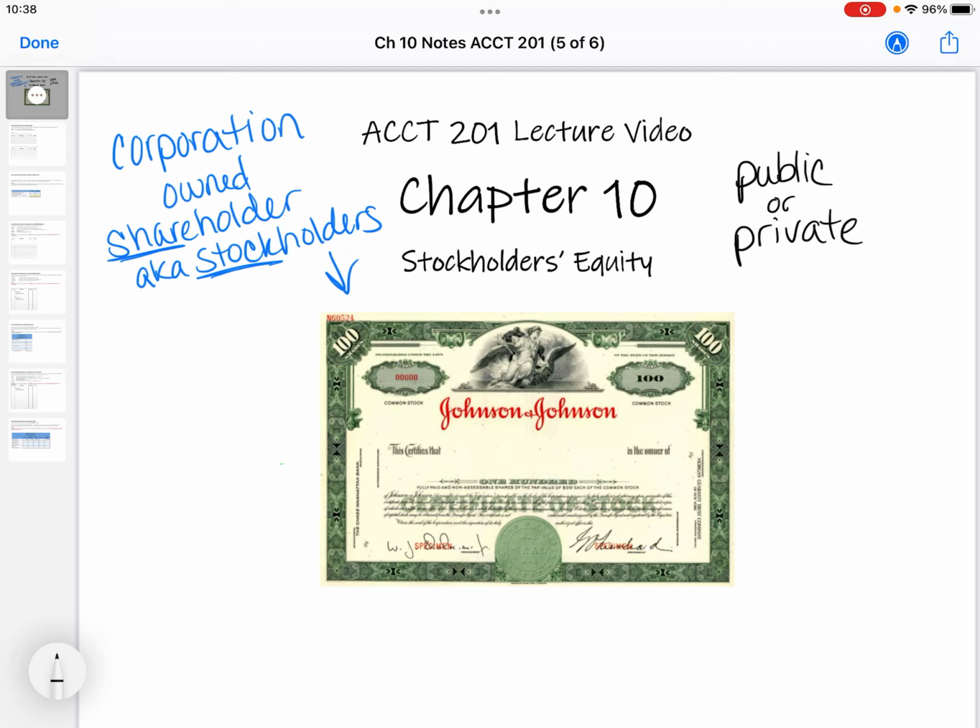So what's important to understand is that this little piece of paper that I have here looks like money, right? So this particular Johnson & Johnson one, they decided to give it that green edging that looks like a dollar bill, a $100 bill. And it's not. But it is similar to money in that it's a financial instrument. It actually has value. And we'll talk about that in just a minute. But it proves ownership, but it also can be taken somewhere and traded for value, right?